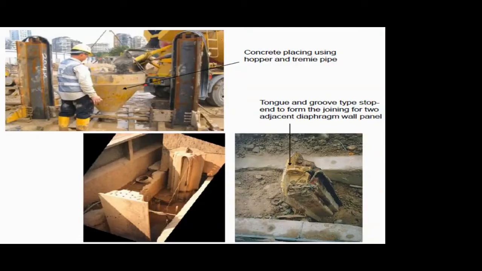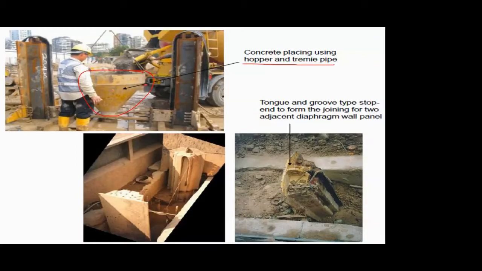So you have transit mixers, or an RMC plant on the site itself, and through that you use a Tremie pipe. Tremie pipe is nothing but a big funnel kind of assembly. So hopper and Tremie pipe are used to pump in or place the concrete. Tremie pipe is the actual pipe, and hopper is that huge funnel kind of thing. Now we see there is concreting, and side by side there will be pumping out of the bentonite slurry. On the other side of this funnel, there will be an arrangement which is not seen in this picture.